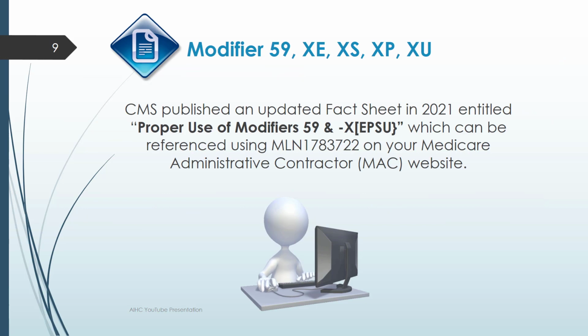CMS published an updated fact sheet in 2021 entitled Proper Use of Modifiers 59 and the X Modifiers. Reference this information using MLN 1783722 on your Medicare Administrative Contractor website. This fact sheet provides examples of various surgical situations and how these modifiers can be applied. Before reviewing the fact sheet, complete this video, which will provide an introduction and an overview of the basics of